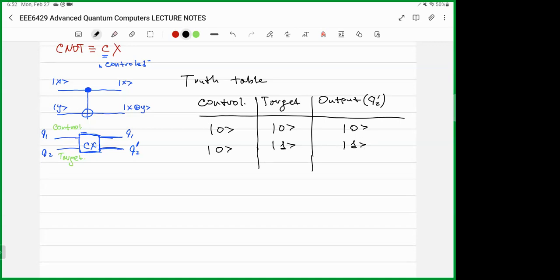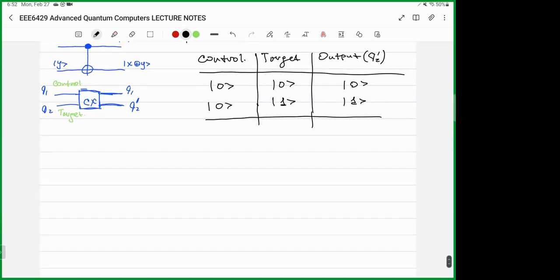It doesn't change, before and after. It's like this gate is turned off, right? The input at these two qubits, Q1 and Q2, is equal to the output. Nothing changes. But when the control qubit is 1,